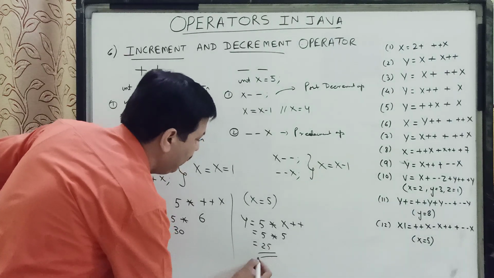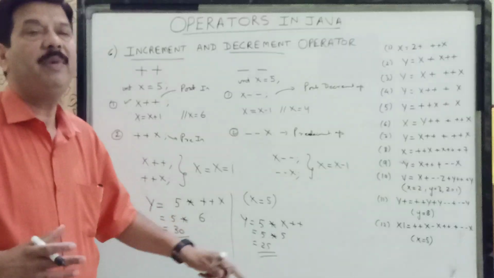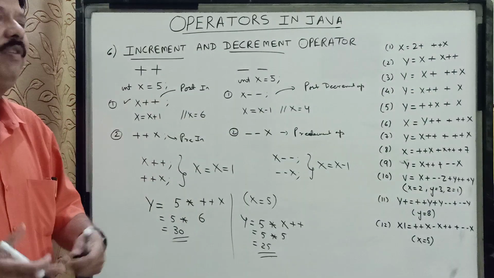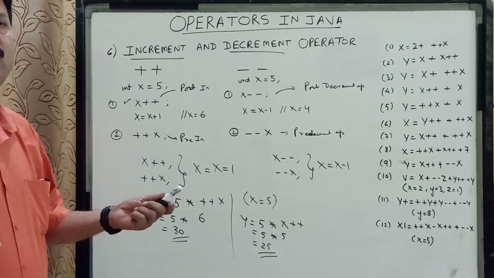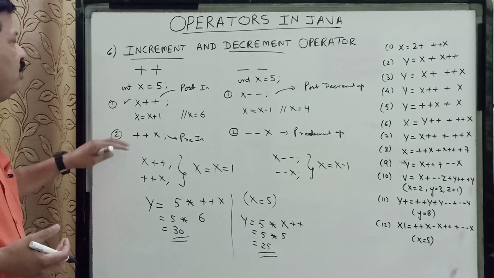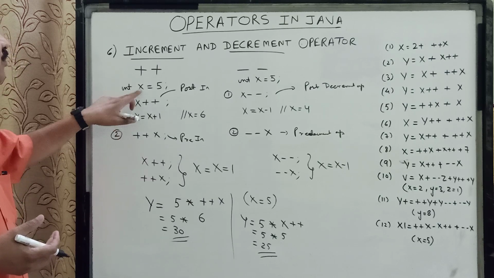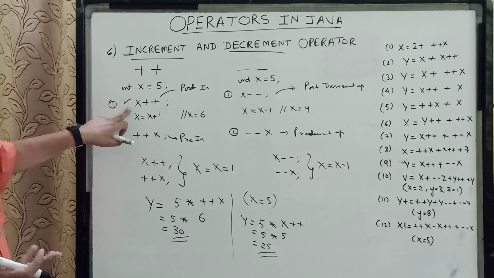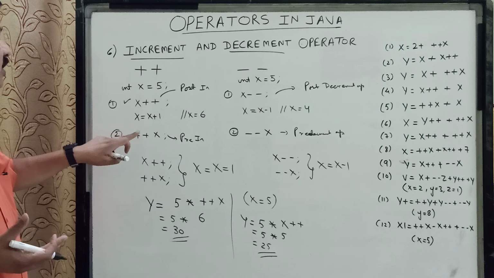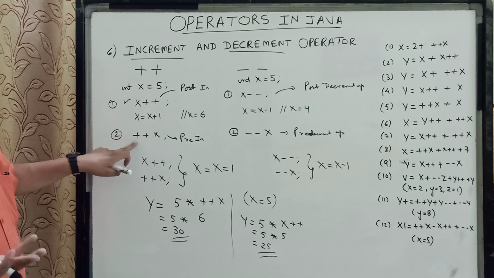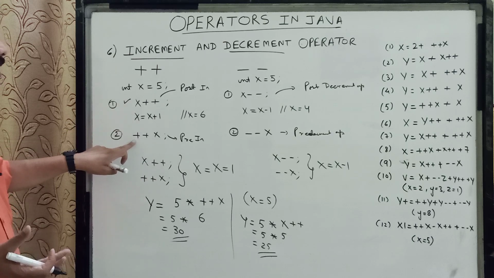So you can see there is a basic difference between the pre-increment and the post-increment when they are used in expressions or even with the print statement. In Java, when we use a post-increment with a print statement, it will first print the value of x, which will be 5, and then it will change. And if I use the pre-increment in a print statement, it will first change its value and then print. So here we will get the value of 5 and here we will get the value of 6.